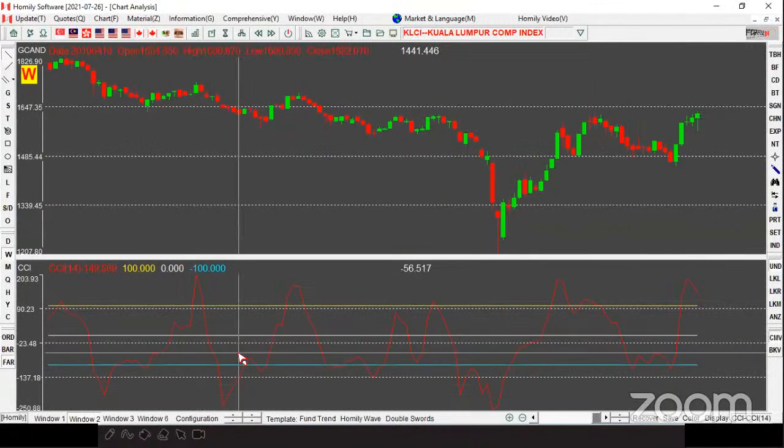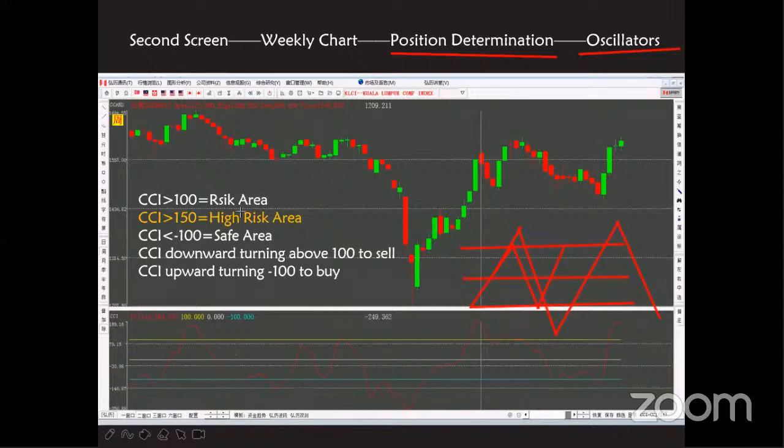And let's see some basic applications for this indicator. Switch to the slide. If the CCI, I mean the red line, is above 100, which means above the yellow line, then we see it has already gone to a high position, which is the risk area. Sometimes it will be more than 150, so it is a so-called high risk area. And just like this place, we can see on the weekly chart,